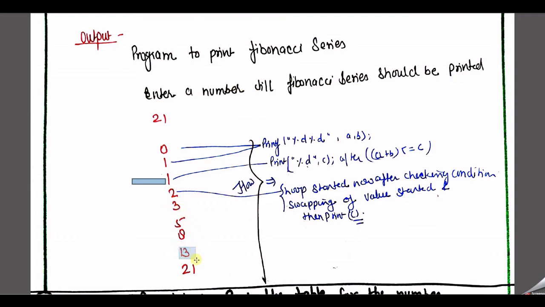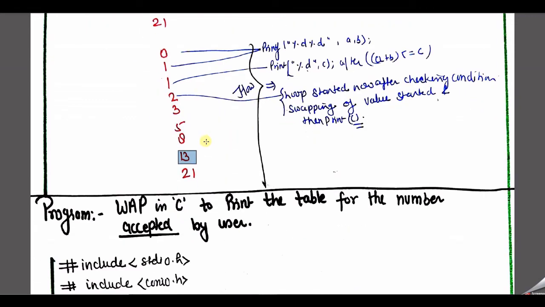After getting the value 13, we need to check our loop. So I am going to check our loop for a equal to 8 and b equal to 13. When we do this, we get 8 plus 13 is less than or equal to 21. Yes, it is not less than, but it is equal to 21. As per the video lecture on relational operators, I told you that if any one of the conditions is true, then the whole value is true, like less than or equal to. So here 21 is not less than 21, but 21 is equal to 21.